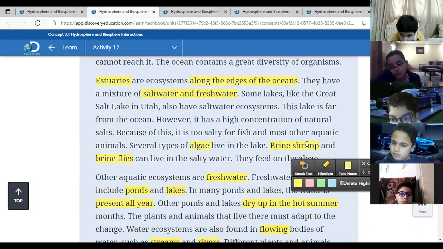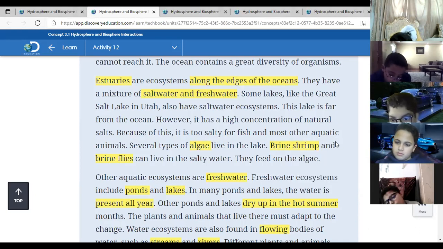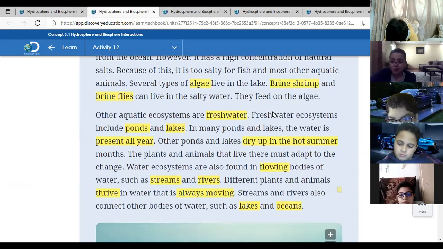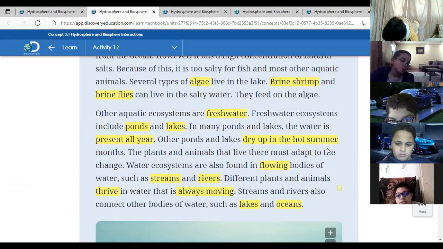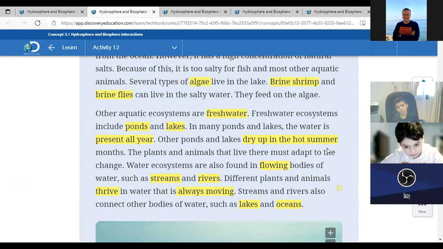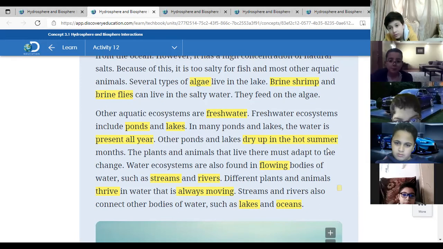Also, brine shrimp, this is a special type of shrimp, and brine flies that can live in salty water. They feed on the algae that grow in this lake. Okay. Then, okay,